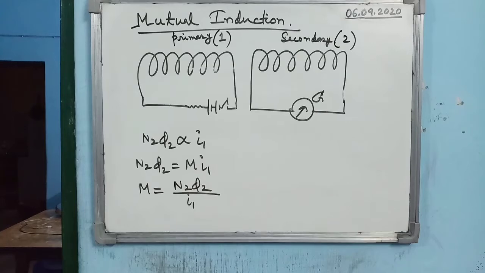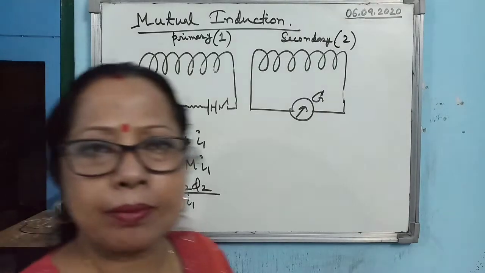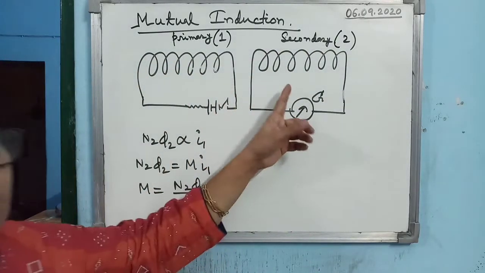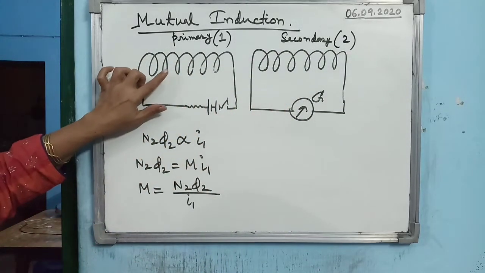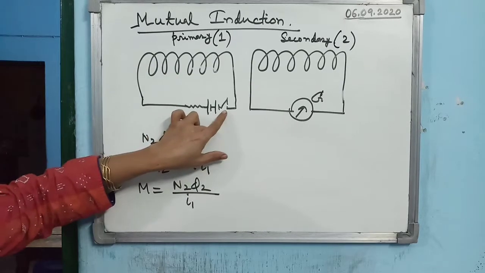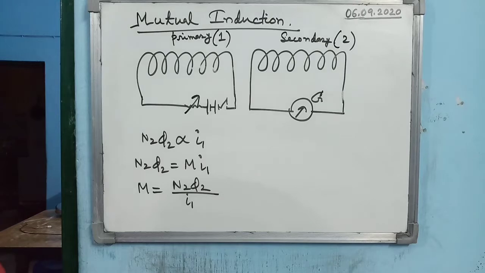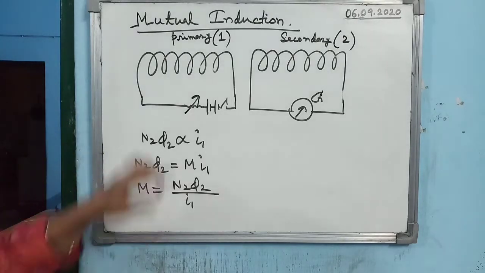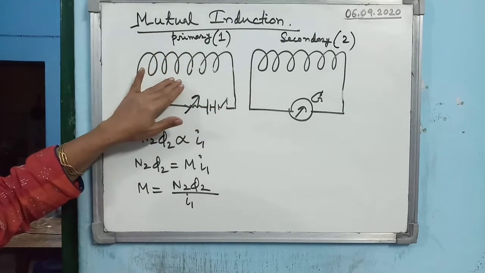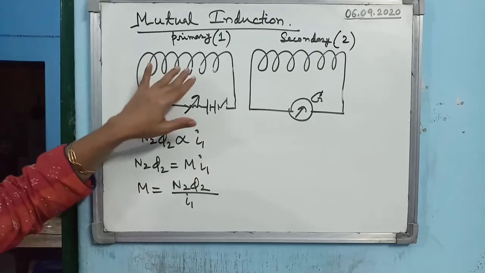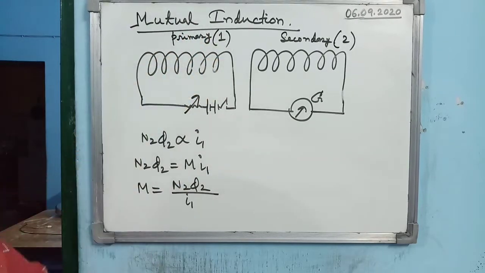Now the concept of mutual induction is coming, that instead of taking only one coil, we have taken two coils here. Just look at it. Across one coil, a battery, key and rheostat are connected. So you can send current through the first coil. The coil with which the battery, key and everything is connected is generally known as the primary coil.